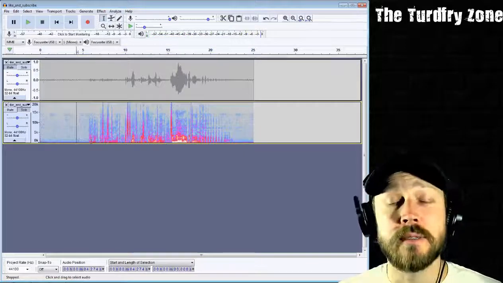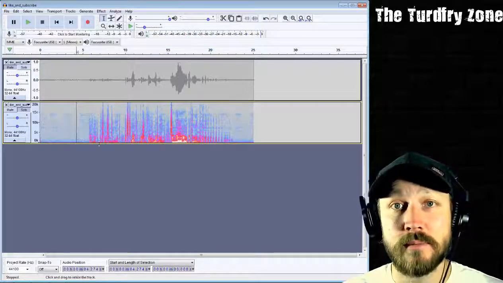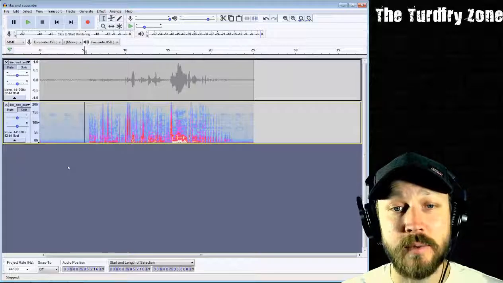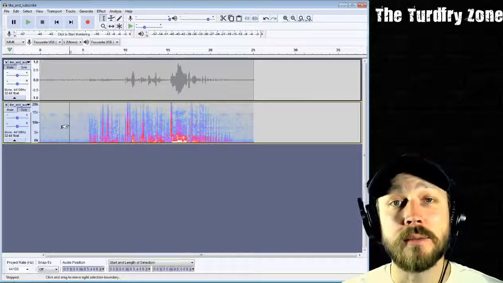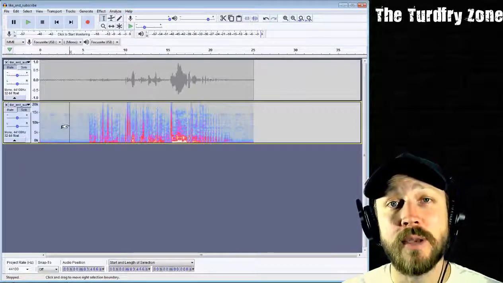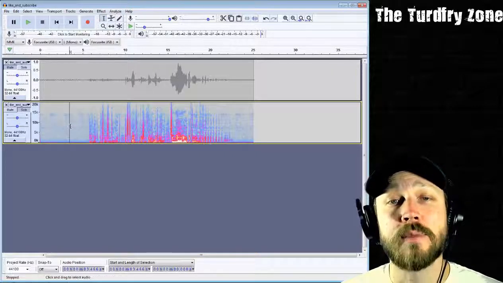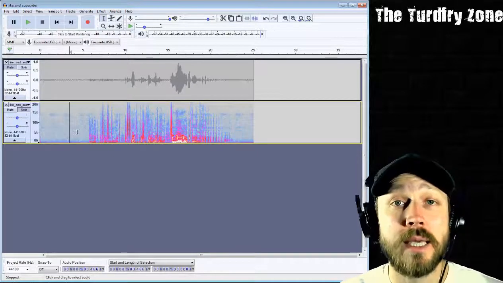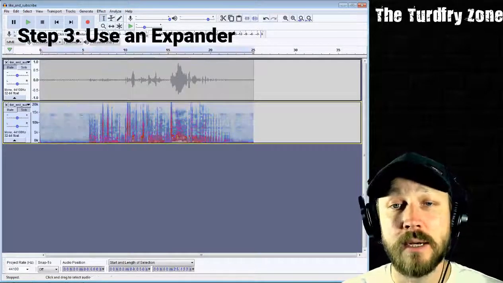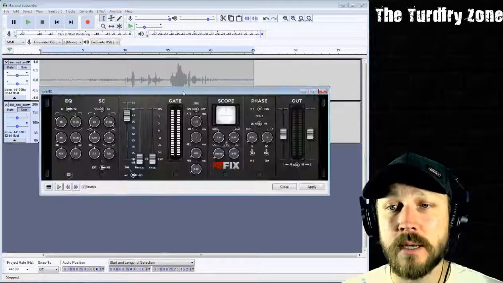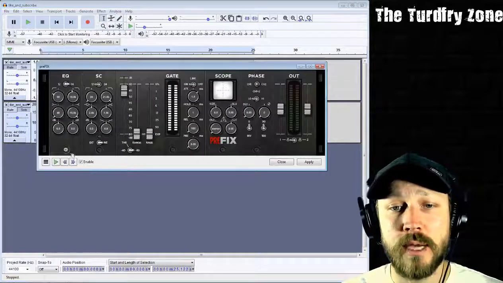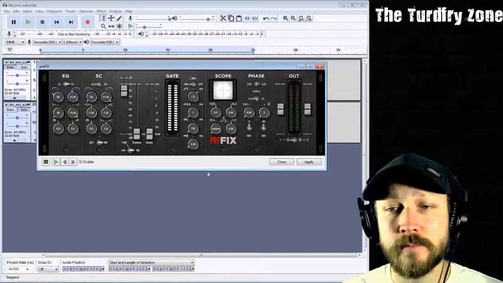Okay, so the voice still sounds like a voice. And we've got the noise reduced now by a total of about 9 decibels. Step 3. So step 1 again was running the high and low pass filters. Step 2 is applying noise reduction gently. Step 3 is applying an expander or gate, but I prefer to go with the expander. So let's head back into effect and back into prefix. With prefix open here, we're done with this section for now.